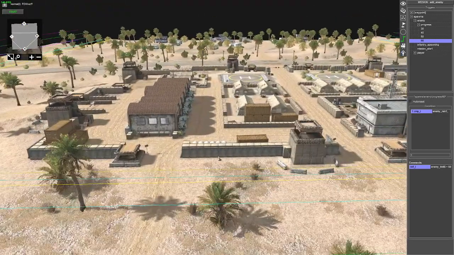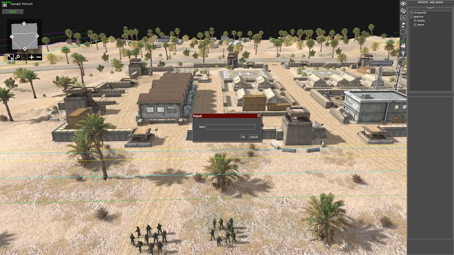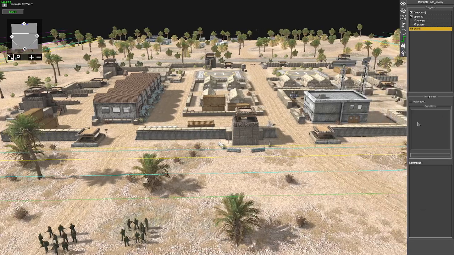Add a trigger in here that will basically give you points as you kill the enemy. So let's call it kill points. Okay, so